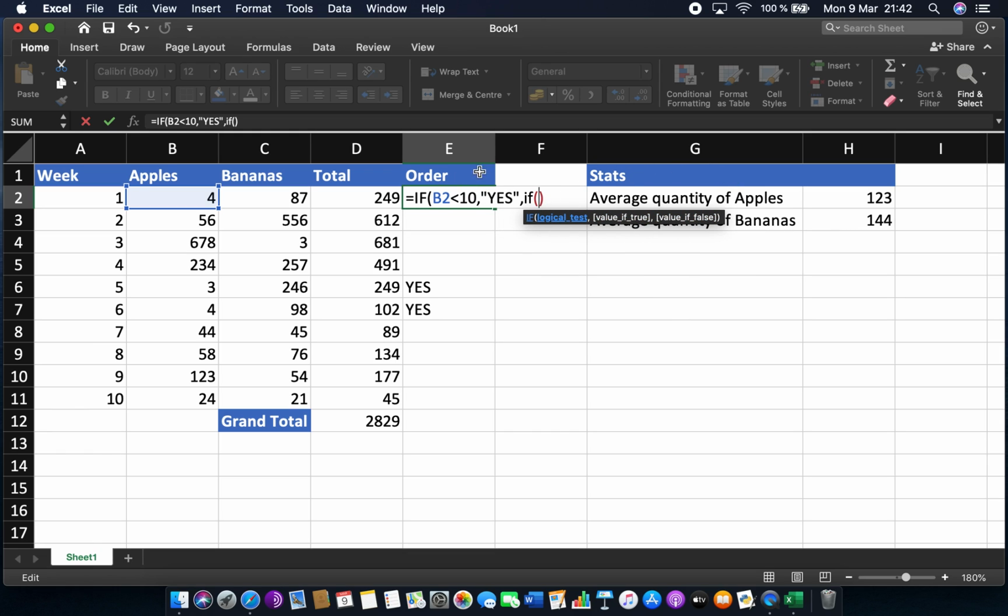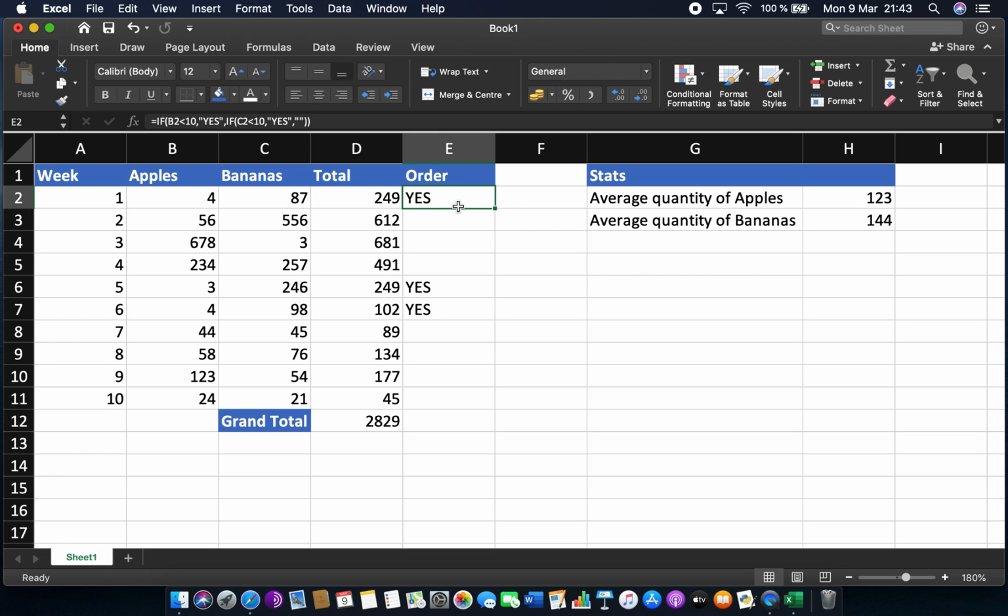Now, if I've got a bracket open here, it means I've got to close two brackets. So I need to make sure that I do that at the end. So here I've done another IF, and this time I'm going to say if C2. So I had B2 and now C2. Is C2 less than 10? And if the answer is yes, comma, value if true. Well, the value if true, I just want to do YES again in capitals. And if the value is not true, comma, just the double quotes, and then close that bracket. So there's the formula, and you have to be very precise, making sure you do this right. If I press then enter,